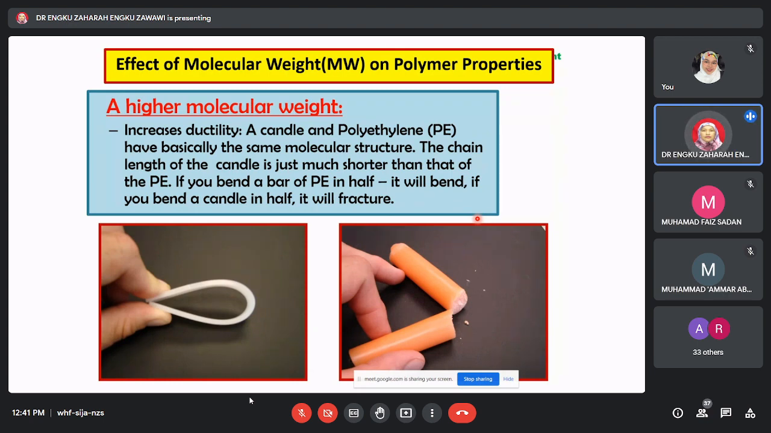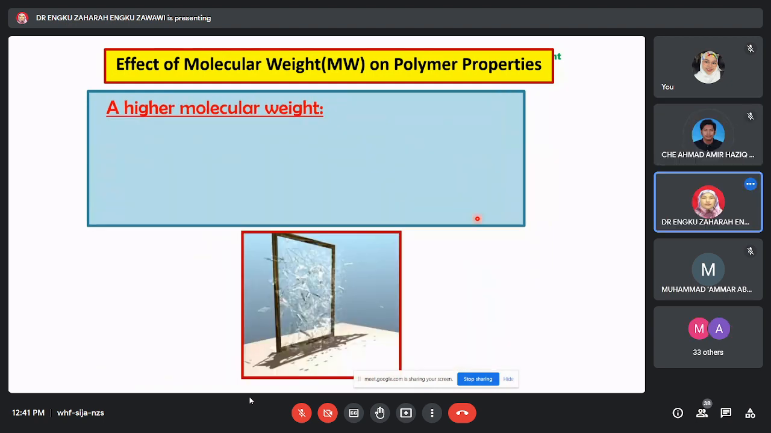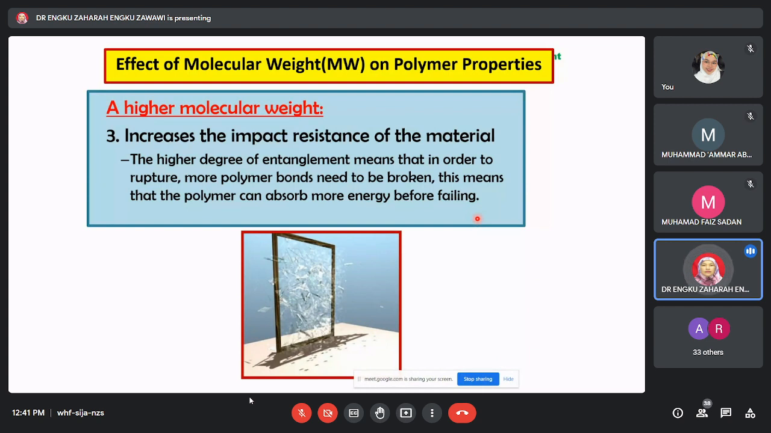Okay, candle and polyethylene have basically the same molecular structure, but the chain length of the candle is just much shorter as compared to that of PE. If you bend a bar of PE in half, it will bend. Okay, tapi kalau candle, it will fracture. Okay, so in the case of